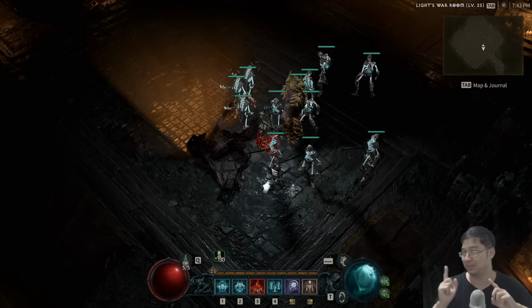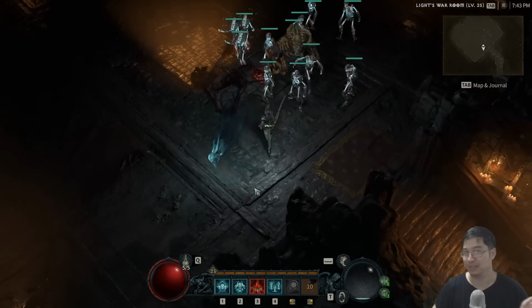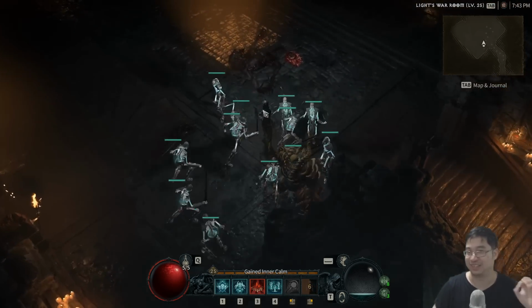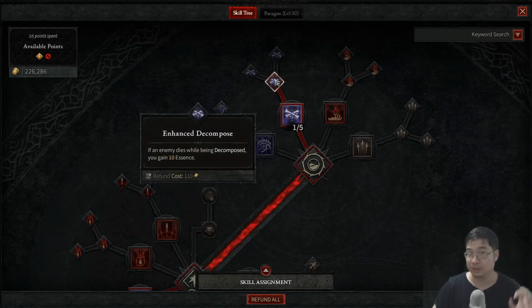And if you saw in the replay and also the gameplay, you're gonna see I didn't use this spell. This is actually my massive burst spell. I didn't even use it. Because why? Because I just want to show you guys the skeletons. They're really powerful. Now coming over to the skill tree, you're gonna see I have 2 points into Decompose,